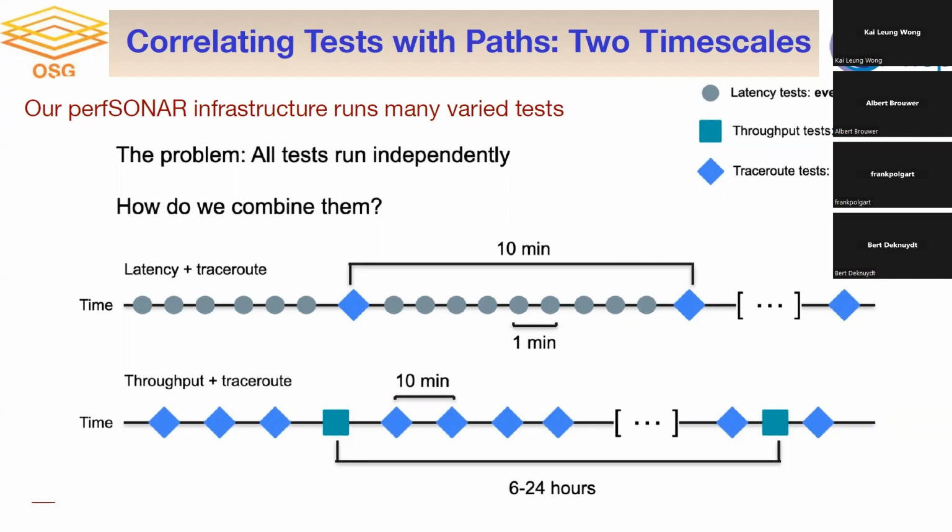Separately, on a time scale of anywhere once for every 6 to 24 hours, we'll do a throughput test. And then we'll also run latency tests that are summarized every minute. So you have these different time scales, and you have to end up figuring out how do you combine them effectively? How do you make use of that topology information along with a measurement on the network? And so you can see it schematically here.